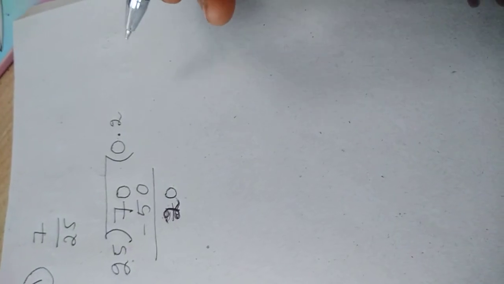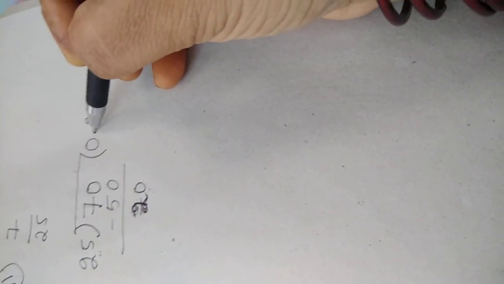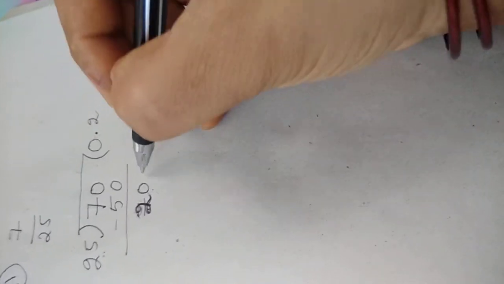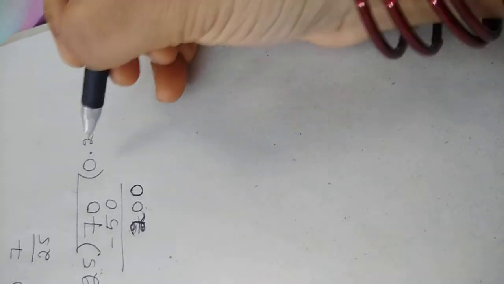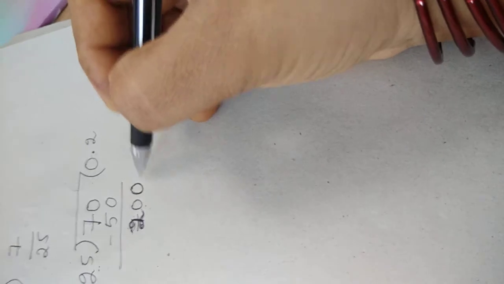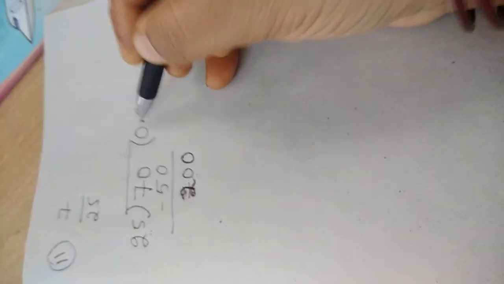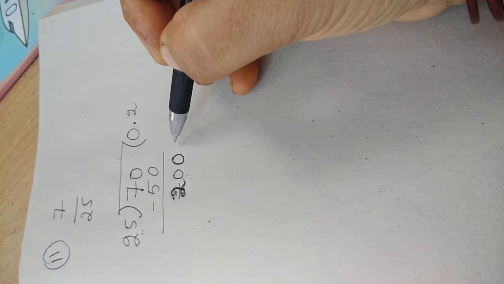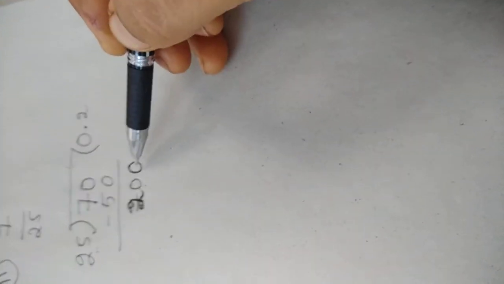Okay. Now again 20 is smaller and 25 is greater. How to divide then? Here already one decimal point is there. So decimal point gives 10 free at every stage. Now if you want to write one more 0, then you have to put 0 in the quotient. Two zeros together you can't write. Decimal point gives only 10 free. If you want to write one more 0, here you have to put 0 in the quotient. Then write one more 0.